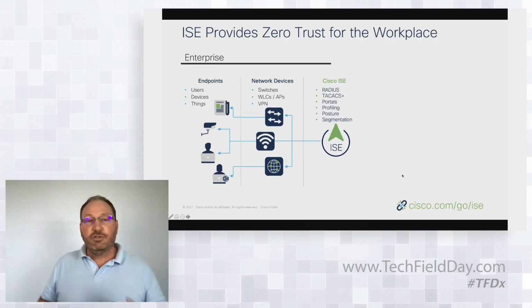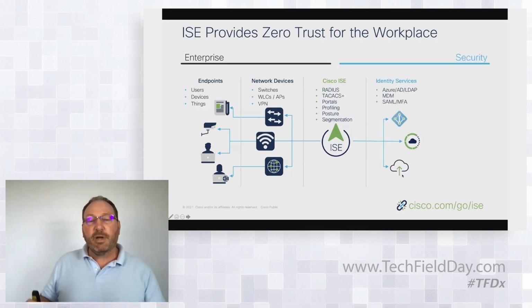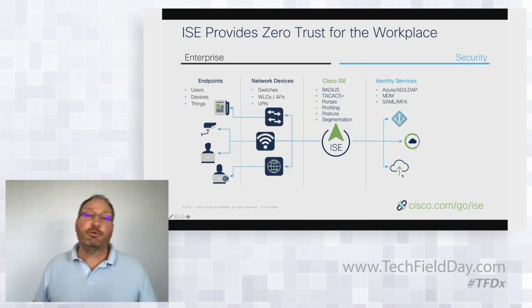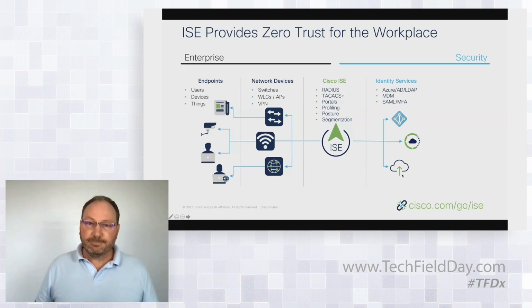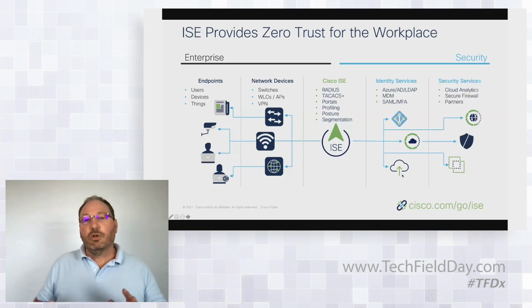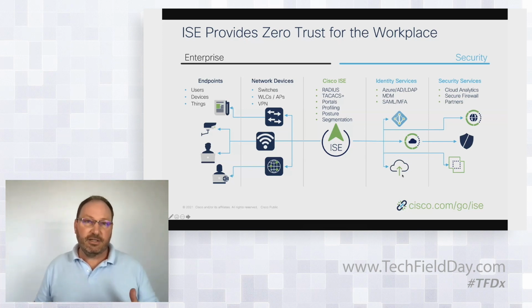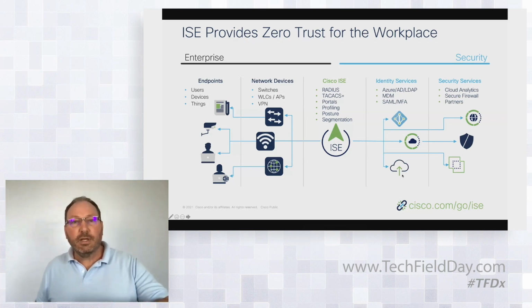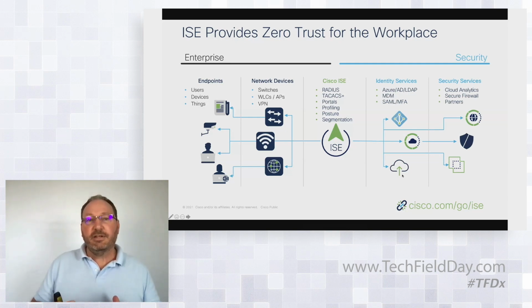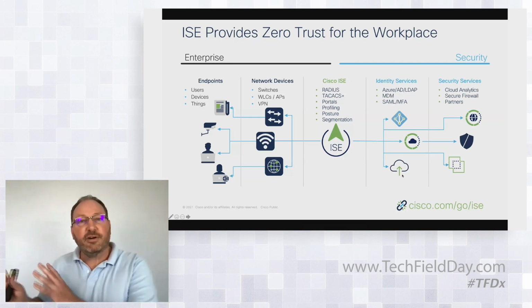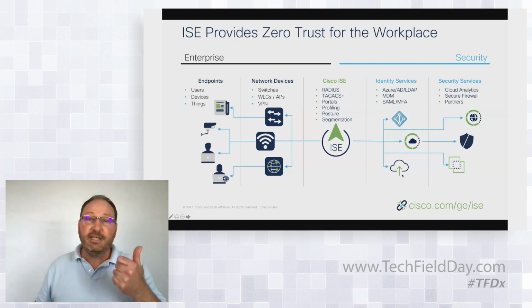And we can do this on the back end with any number of identity providers, whether it's your traditional on-site Active Directory or even now Azure and other SAML IDP providers. So the other thing ISE does is once we can authenticate a user or a device, we have the ability to share that context, or the who, what, when, where, and how they're coming into the network. We can take that and we can share it out with other security services so they can kick off a